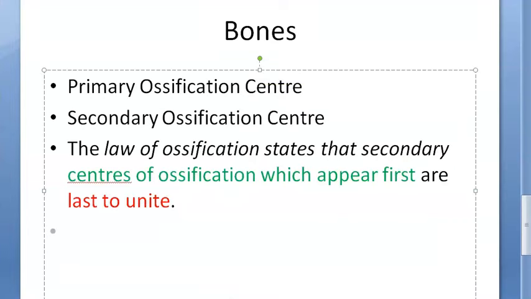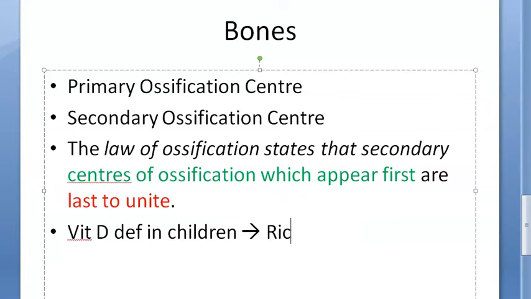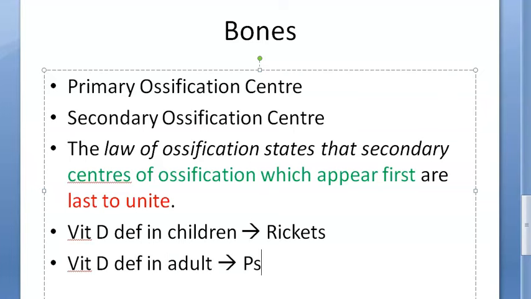More information on the bones here, guys. Basically, bones need calcium. So if there is calcium or vitamin D deficiency, what will happen? Bones will suffer. Especially vitamin D deficiency in children will lead to something called rickets, where there will be bowed legs. Vitamin D deficiency in children will lead to rickets. The same vitamin D deficiency in adults will lead to osteomalacia, because bowed legs is what rickets means. That won't be there in adults. Osteomalacia can also be there in children, but rickets is a very specific term for children.